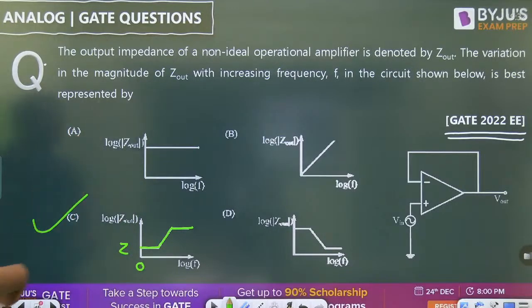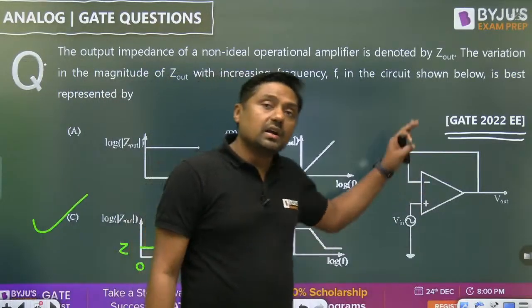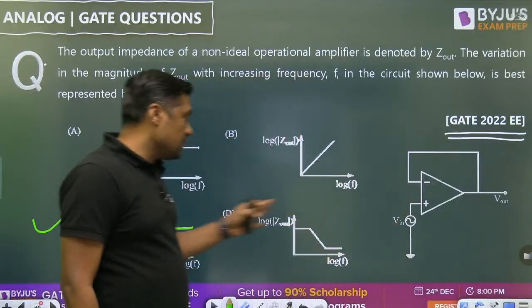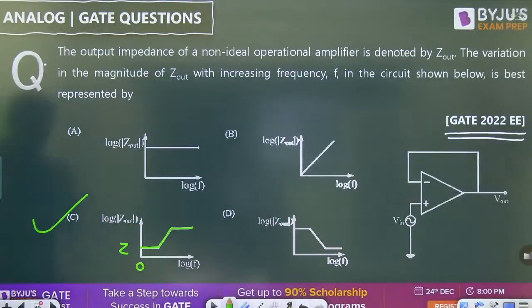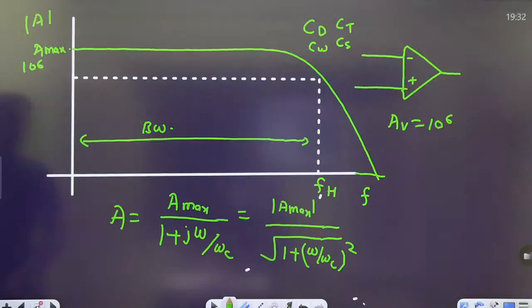What is voltage series feedback, voltage shunt feedback? In the electrical branch, we are using the concept of this so that we are getting the answer. Okay. The next one,